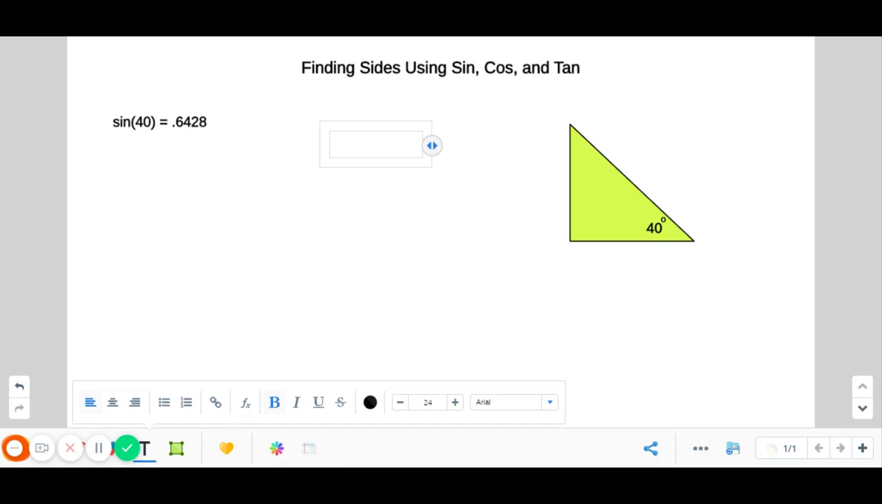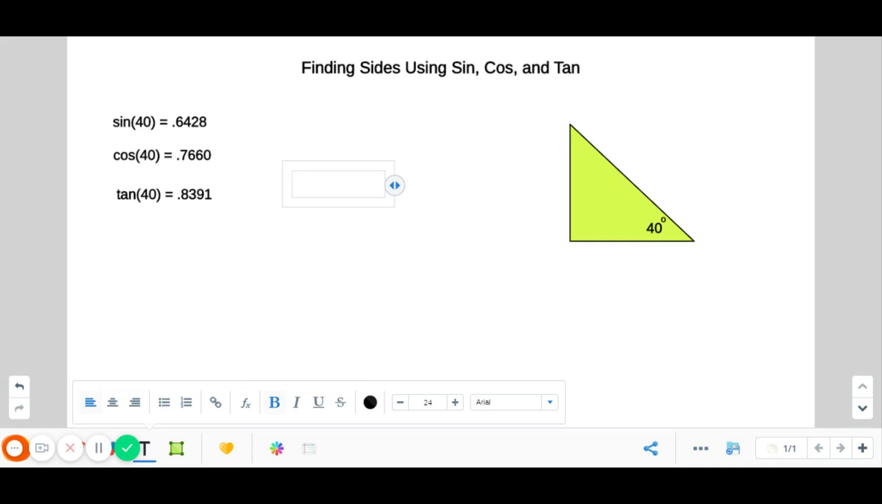If I want to know the ratio of the adjacent to the hypotenuse, I would type in cosine of 40, and I would get 0.7660. That's the ratio of the adjacent to the hypotenuse. And if I want to know the ratio of the opposite to the adjacent, I would do tangent of 40, which equals 0.8391. So the point is that once you know the angle in a right triangle, you may not